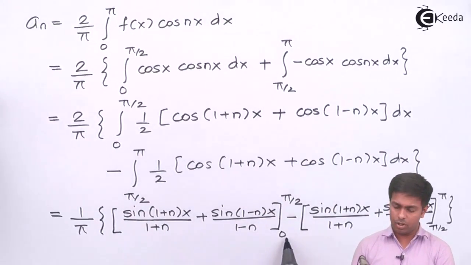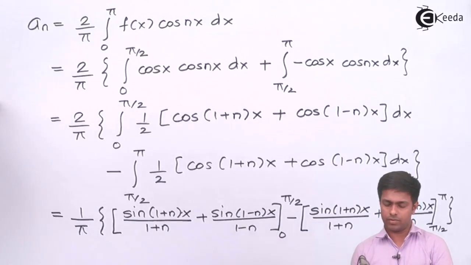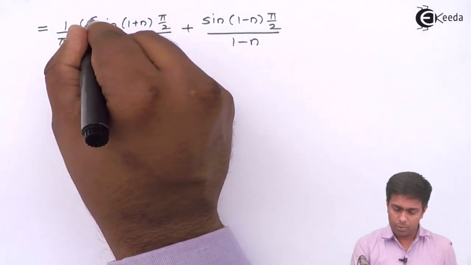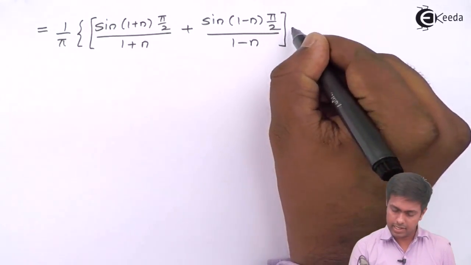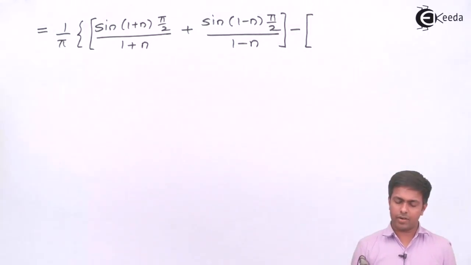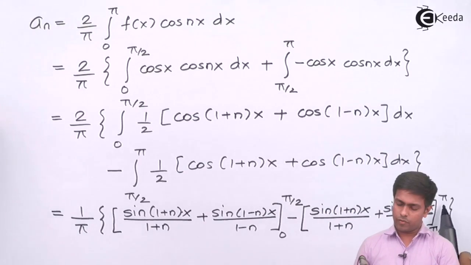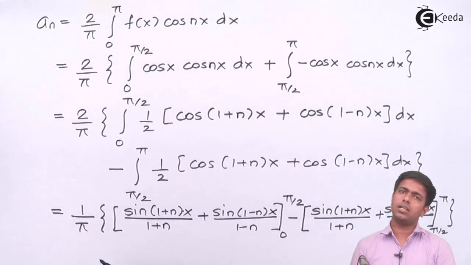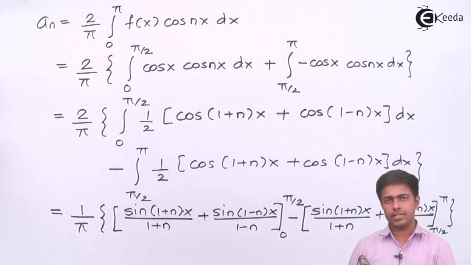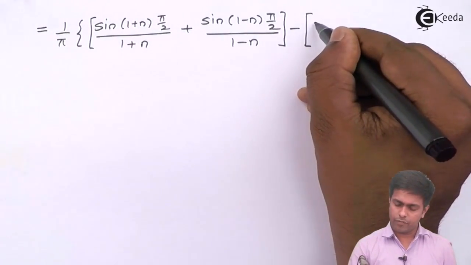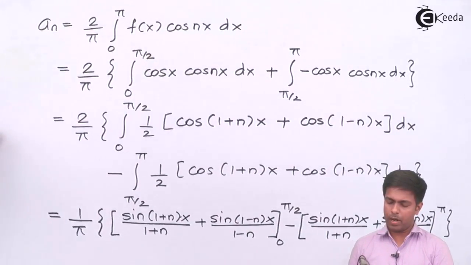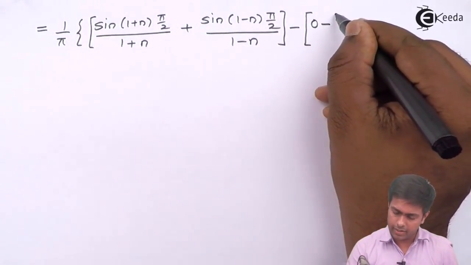If I put the lower limit 0, sine of 0 is 0, no need to write. Then the sign is negative, so I'll put a bracket over here. Now let's start with the second term. If I put pi here, sine of (1 plus n) pi is 0, sine of (1 minus n) pi is 0, no need to write. So straightforward 0, minus, if I put pi by 2, again we will get